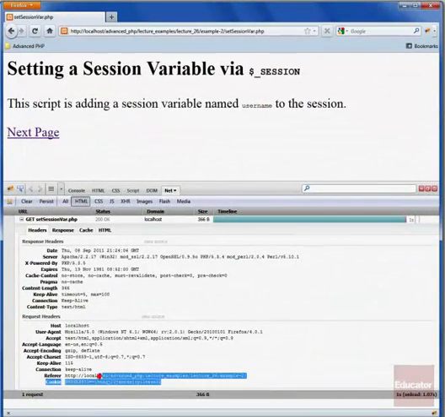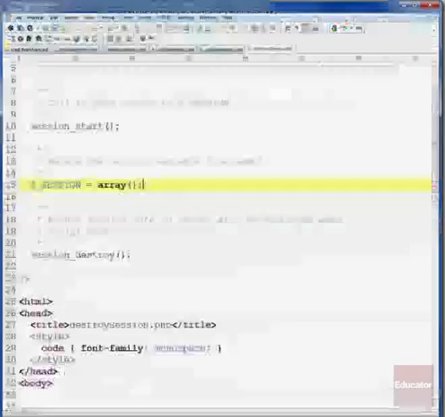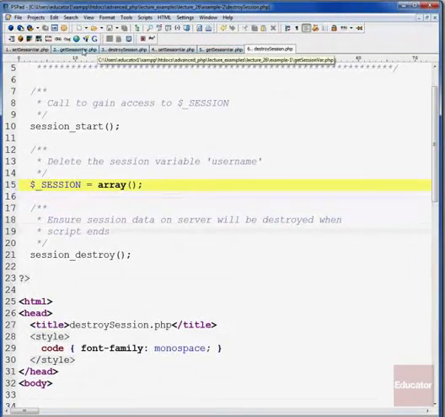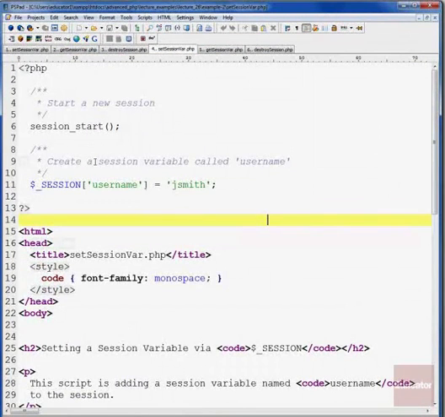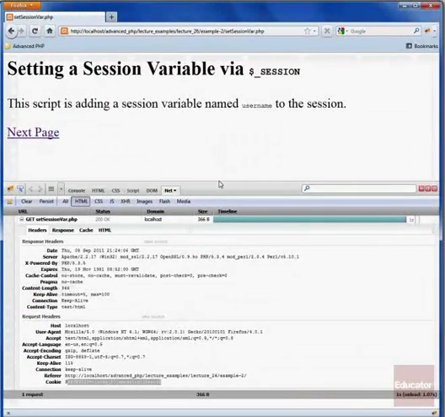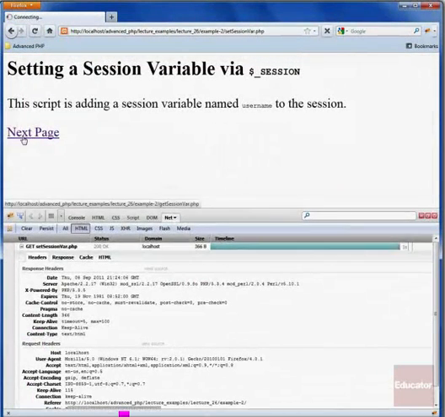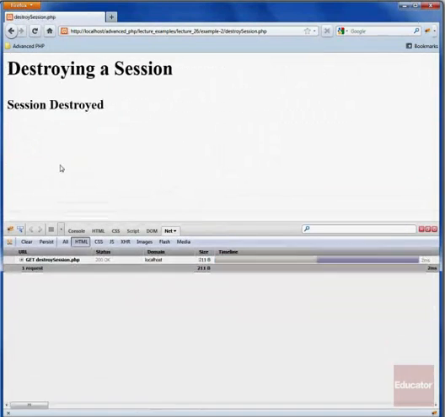But what's going to happen is that would be a problem, because the reason it recreated it is because this set session var script, what it actually does is, if a session's already created, it goes ahead and creates that session variable. So it's going to go ahead and recreate that session data file. Maybe what I was trying to get at, a better example would be if we go and destroy the session,